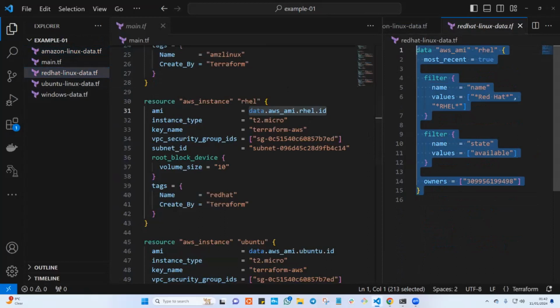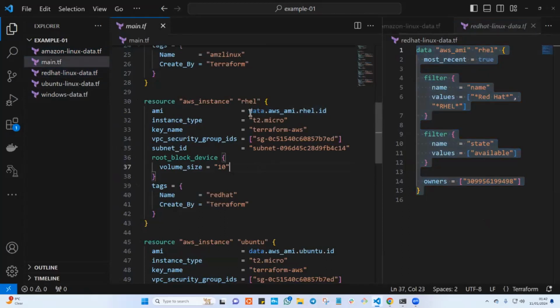All this code is available out there, and it is also available within the Terraform documentation, and you can just go there and grab all this data source. In here, how are we going to refer to this? The same way that we refer to Amazon Linux, we are going to do the same thing here. As you guys can see,